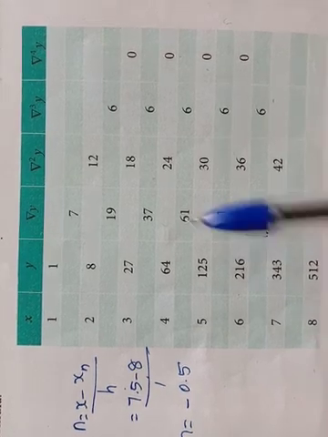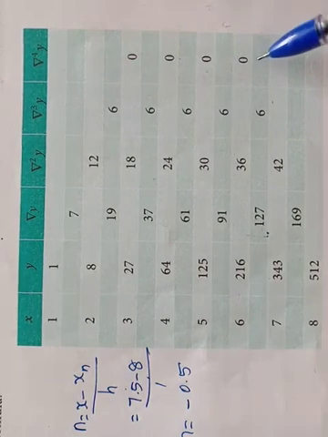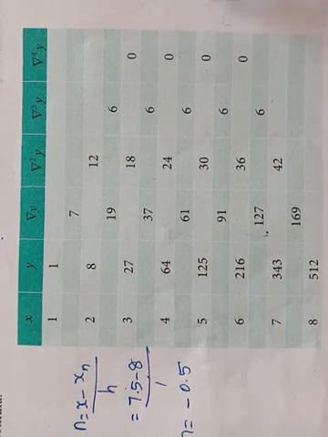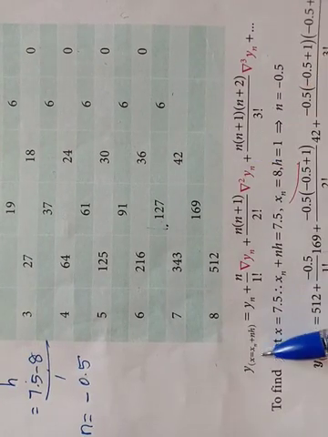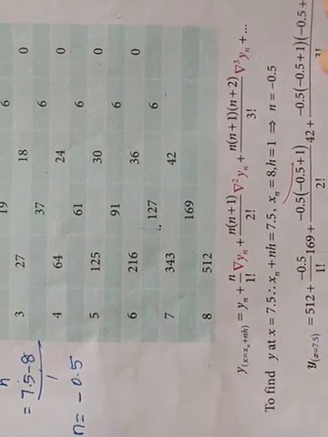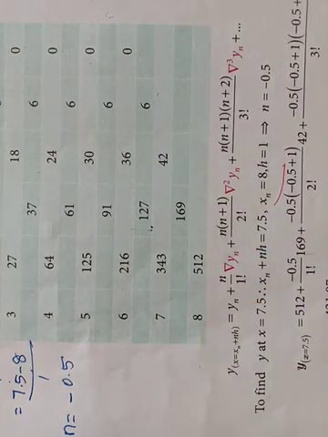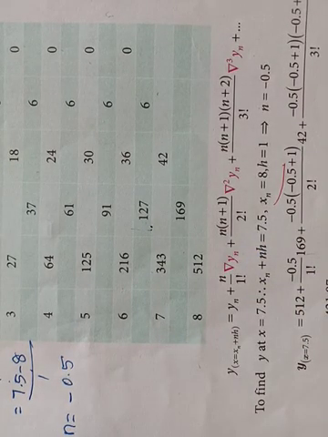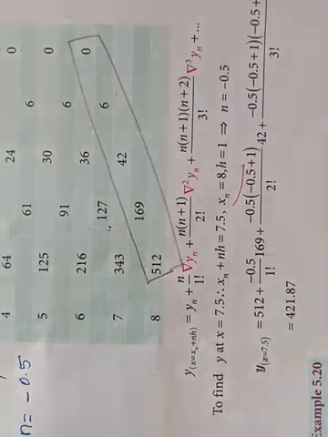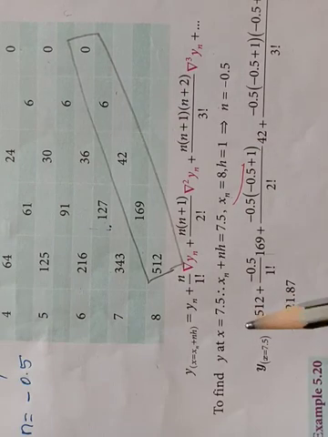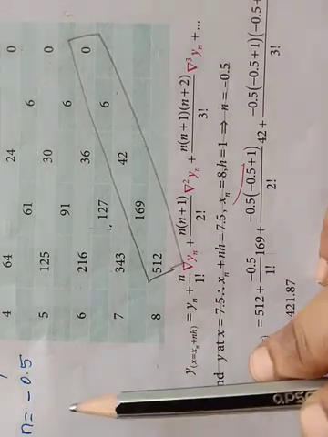Here the tabular column, you know how to prepare the tabular column. Here del power 4, till there I stopped because 0 came. Otherwise you have to finish it till the last term. And the formula you want to write it, Newton's backward formula, this is what I said to you. Here yn you want to take as a, then here the formula you want to write it. Here x equal to 7.5 they are given, those values need not be written. I already calculated the n.